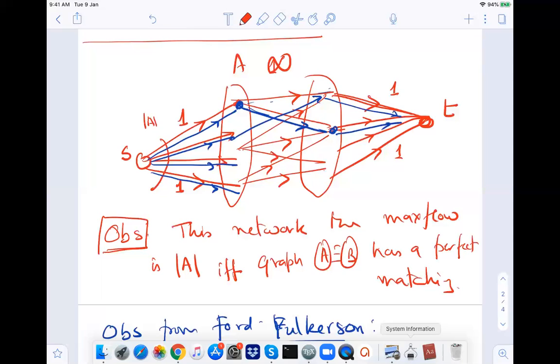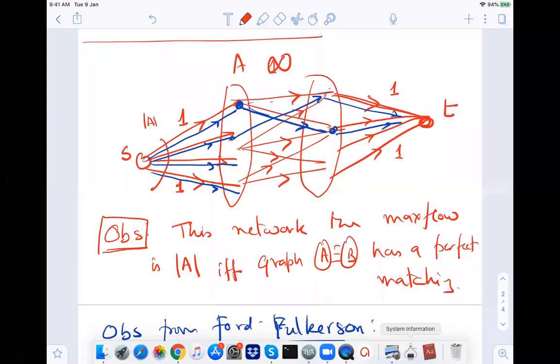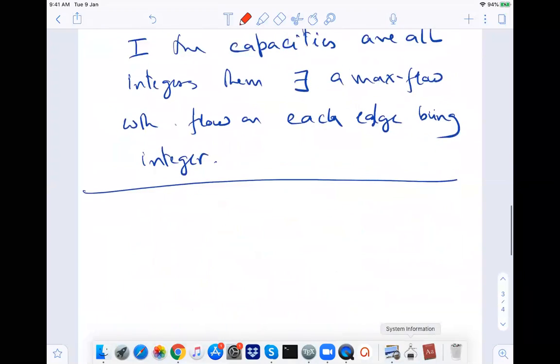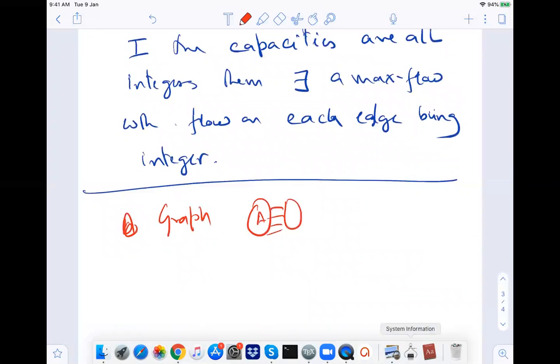Yes, so both of you are correct. So max flow is less than mod A, which means that min cut must be less than mod A, because max flow equals min cut, right? Okay, so if graph AB does not have a perfect matching,